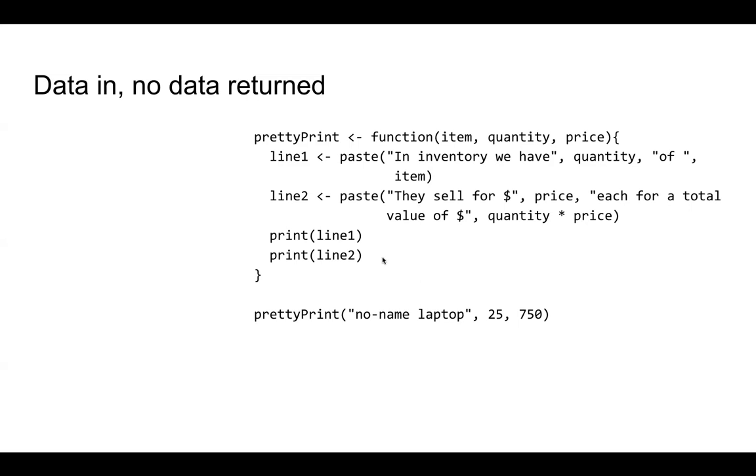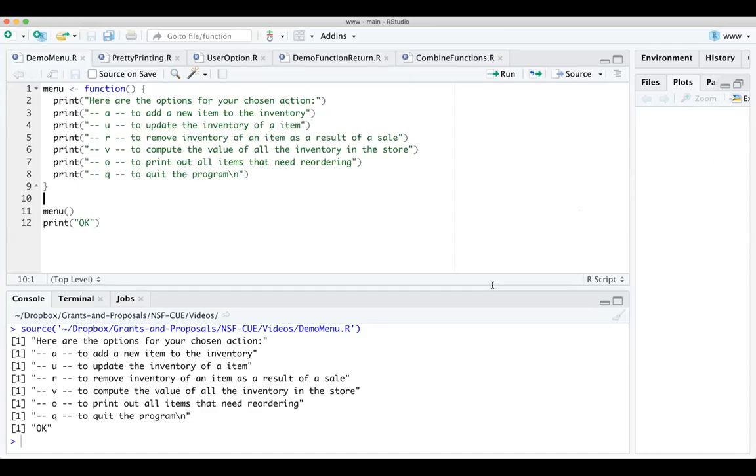When pretty print is called, 3 pieces of information present here in the function call are passed to the 3 parameters in the function definition, giving those parameters values during the function execution. Again, we can see that